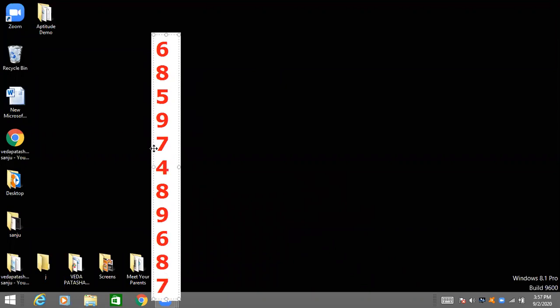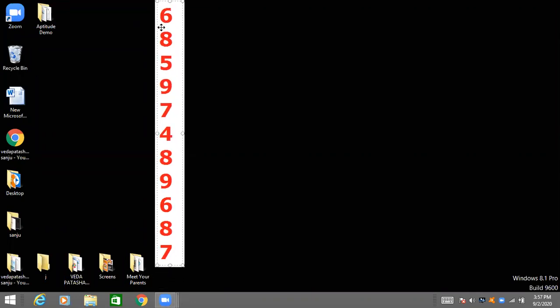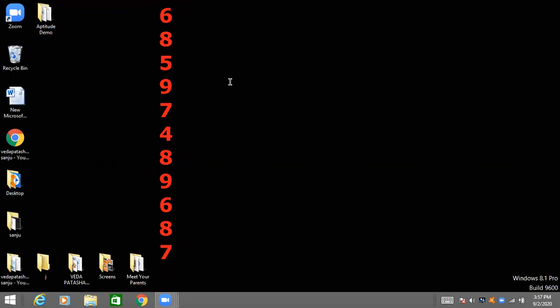Ready? I will do one thing. I will keep aside and I will make it like here. Now we will take another color so that we can easily understand. First, 6 plus 8, 4. 4 plus 5, 9. I didn't get the end number, so I don't want to put a dot.